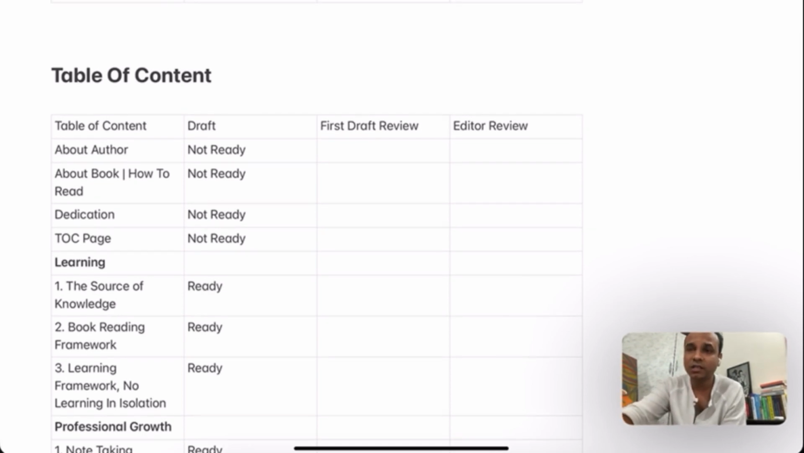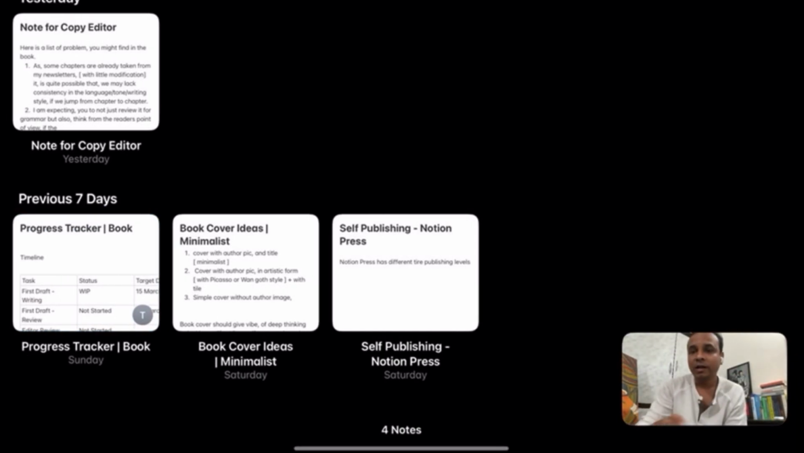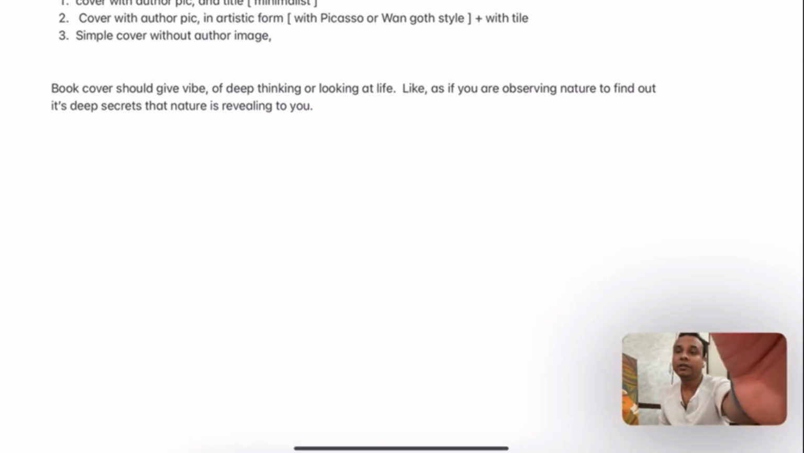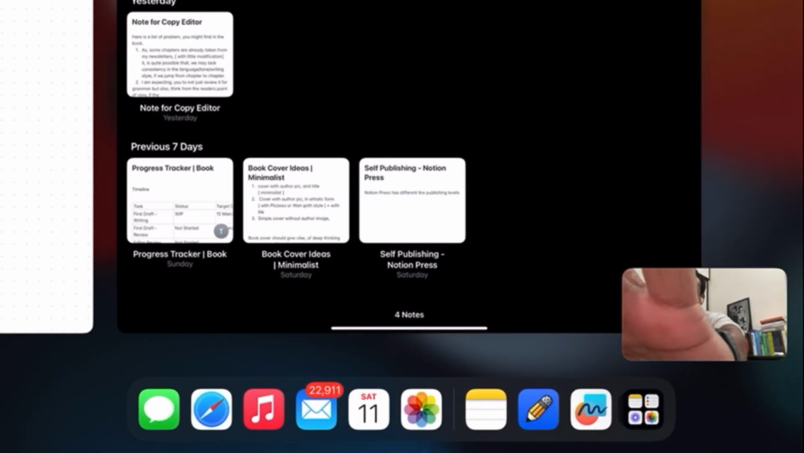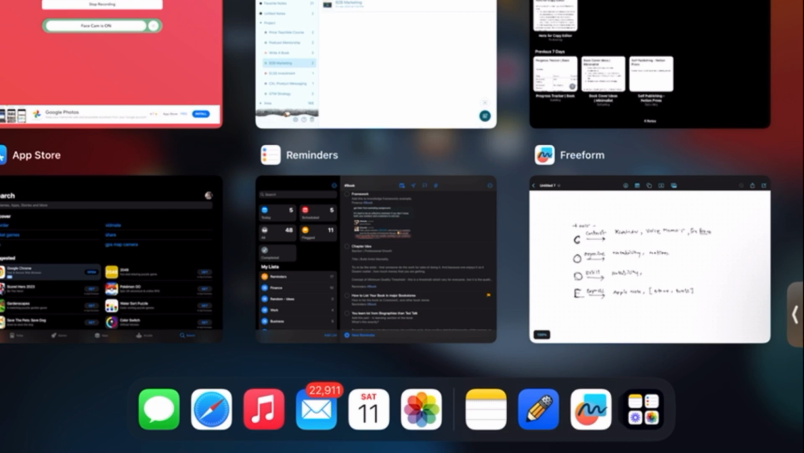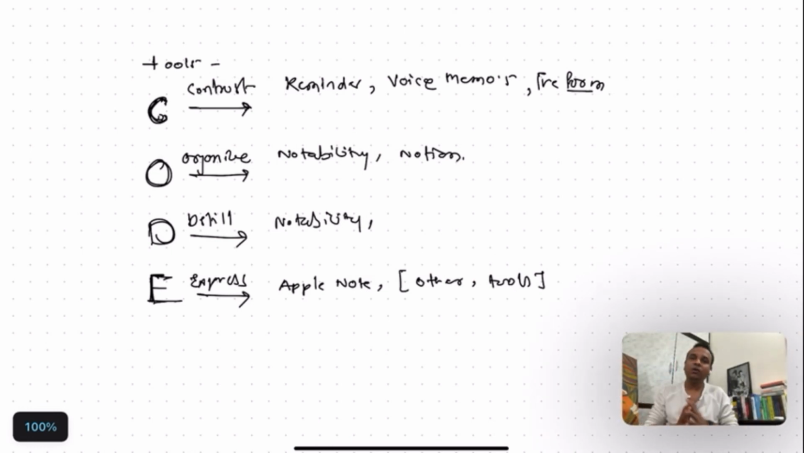So this is one idea. Second is that I'm thinking of book cover ideas, so those again I've added here. Stuff like that, that I basically do in Notability, in the notes, right? So yeah, that's how you can actually start